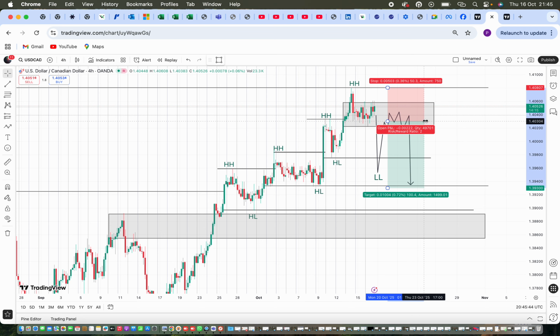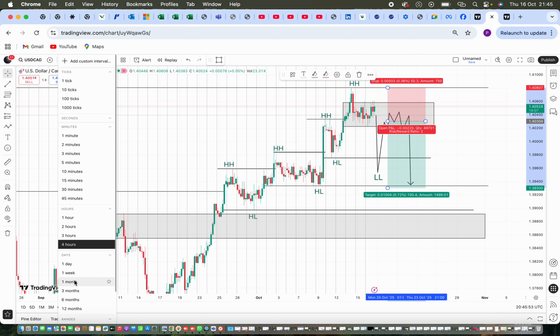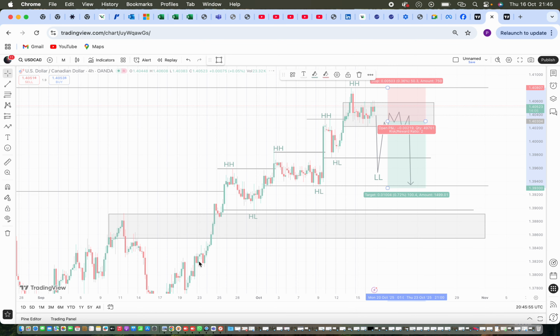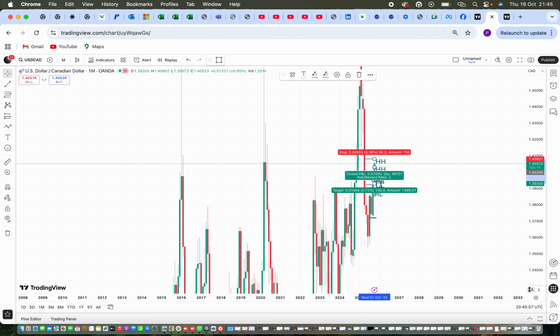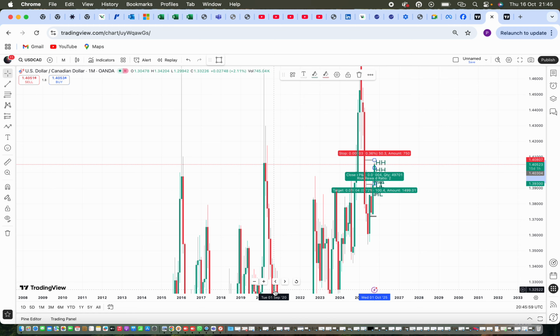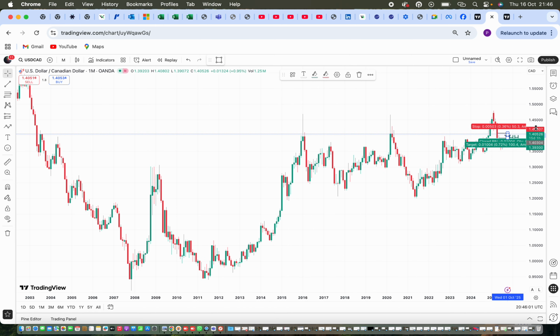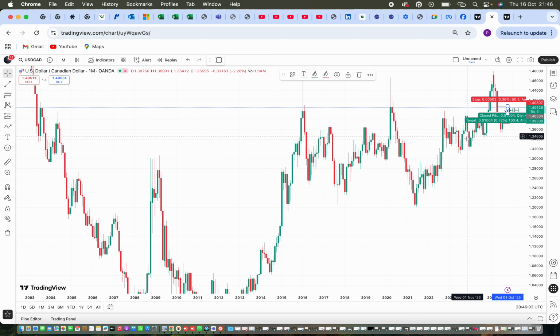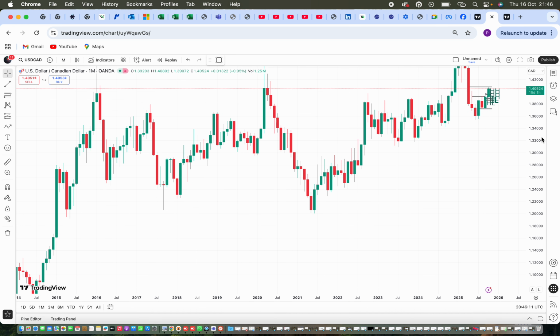So I'm just hoping if this does not happen tomorrow, possibly on Monday, we're going to see some sort of reversal, because if I go to the higher time frame, let's go to the weekly. Let me show you guys something, or the monthly time frame. Now look at the monthly time frame. This is actually blocking my view. Let me take that out. Now look at the monthly time frame.